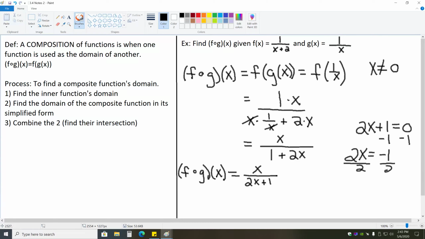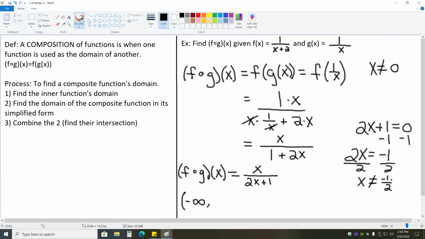Dividing by 2, we get x equals negative 1/2, which means x cannot equal negative 1/2, otherwise we would have division by 0. So the domain of our composite function is all real numbers except 0 and negative 1/2. So writing that out in an interval, we start at negative infinity, we go till our smallest